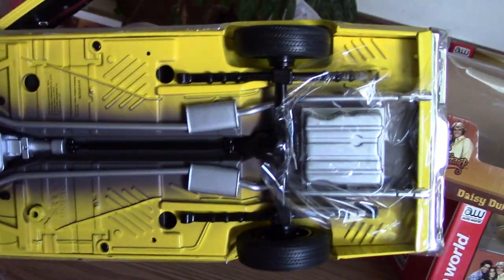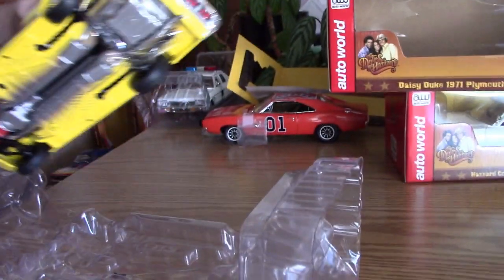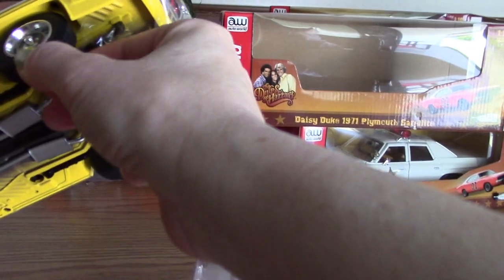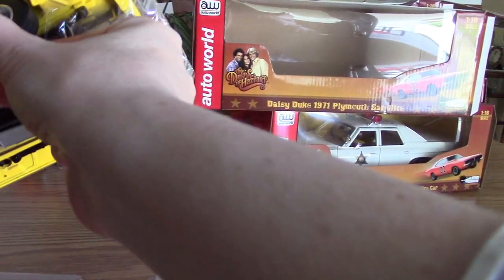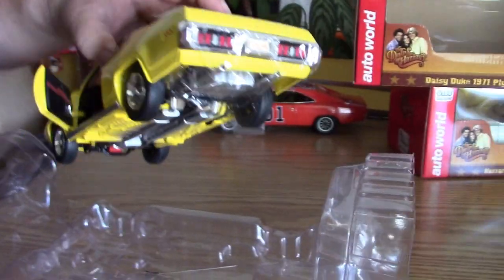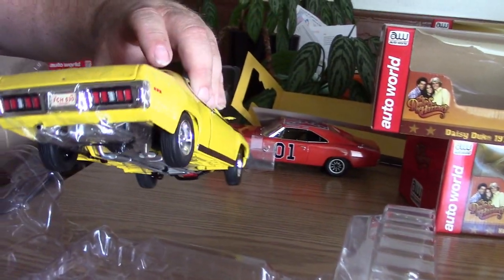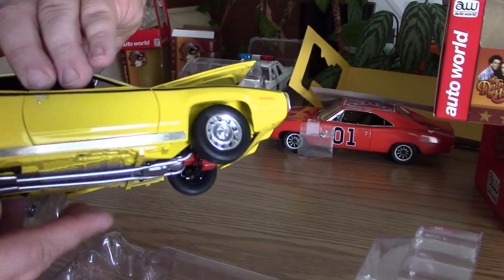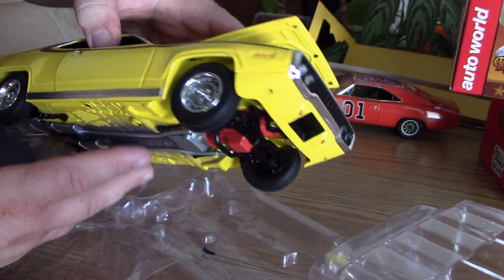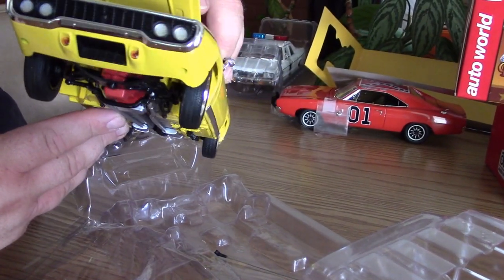And like I was saying, they're all heavy. Yeah. All being die cast, all being made out of metal. They're nice and heavy, there's not a lot of plastic parts, and the wheels, they do feel like rubber. Yes. I'm glad you mentioned that, because I was noticing that earlier. I can actually press in a little bit. Not so much this one. I think it was the General Lee. I could actually press in, and they were pretty soft, like a real tire. Crazy. This is really nice, I think. Yeah. Nicer than the Ertl ones you get at Toys R Us. Yeah. Which is now out of business, but...